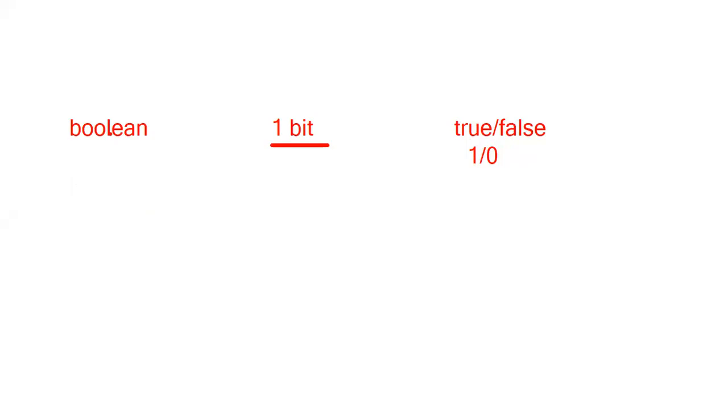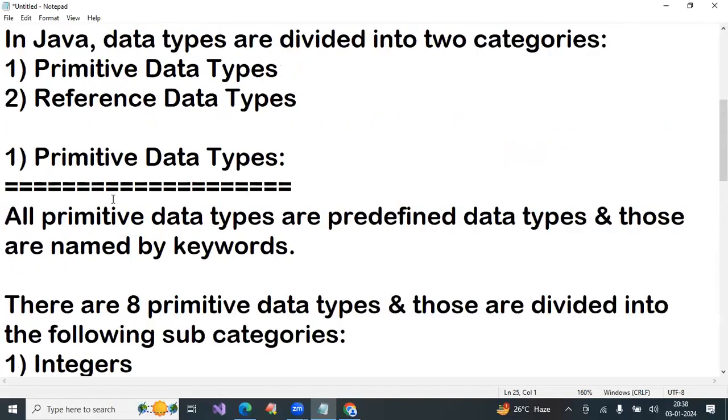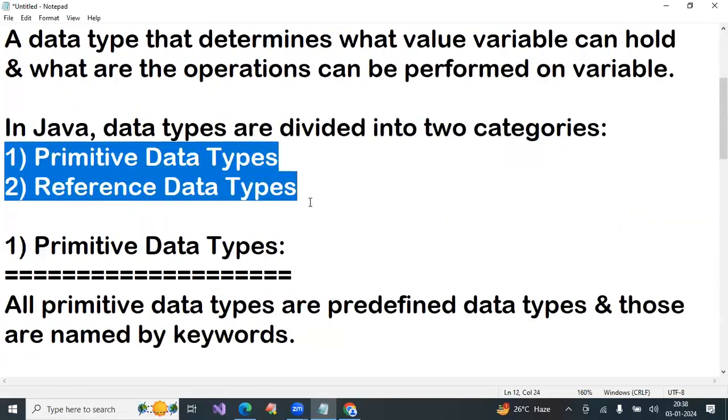Now, these are data types. But there are 6 categories of literals. Integer literals, 4 data types: byte, short, int, long. Floating point literals, 2 data types: float, double. Character literals, 1 data type: char. Boolean literals, 1 data type: Boolean. But 2 more literals are there: string literals and object literals. Those are reference data types. For strings and objects, 1 more category of data type is there.